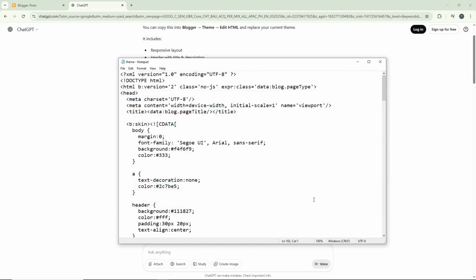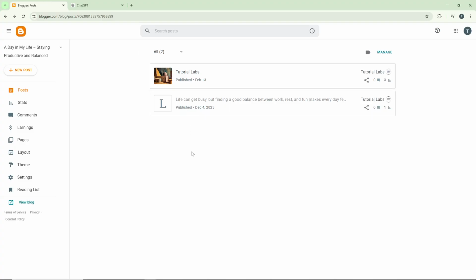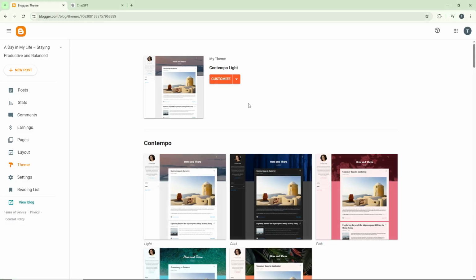Now it's time to head over to Blogger. Log into your Blogger account and navigate to the blog where you want to apply this new theme. On the left side of your dashboard, you'll see a menu with several options. Click on Theme. This will take you to the Theme Management area where you can customize or change your blog's